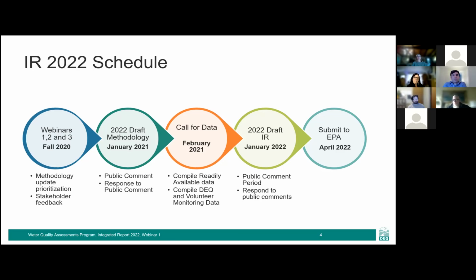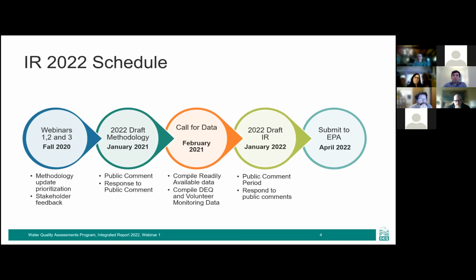We then put out in January of 2021 our draft assessment methodology for public comment, and we responded to those comments. In February of 2021, we initiated our call for data.